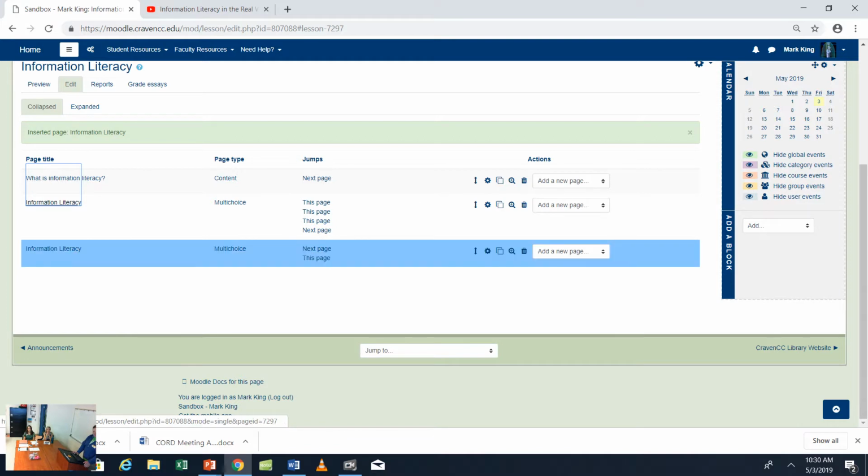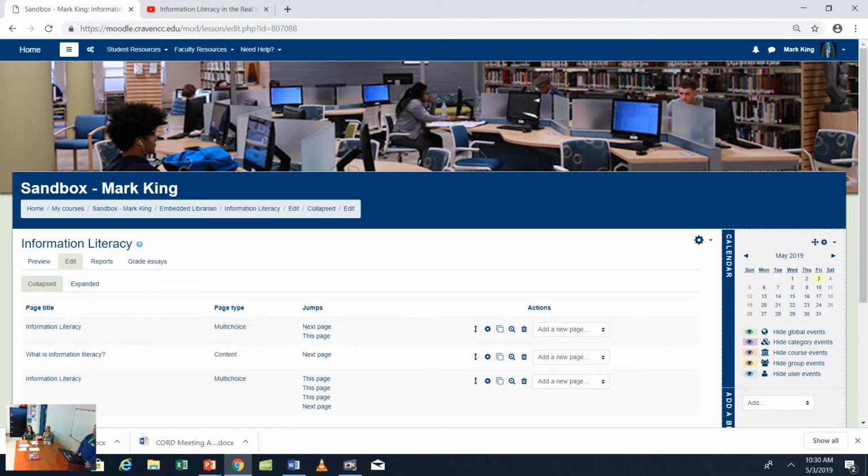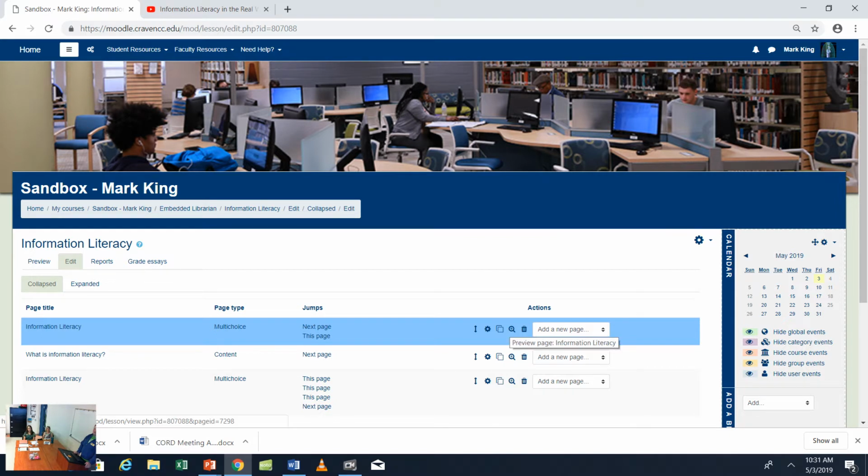All right. And I can preview individual questions. See the little magnifying glass right here? I can actually just preview that one page instead of having to go through the entire lesson and previewing everything. You can certainly make duplicate pages, delete things. You can edit. You can see right here with the arrows that are pointing up and down. If I click and drag those, oh, that's not clicking. You have to move here. So I'm going to make it the first question. Now it's the first question. Let's preview it.